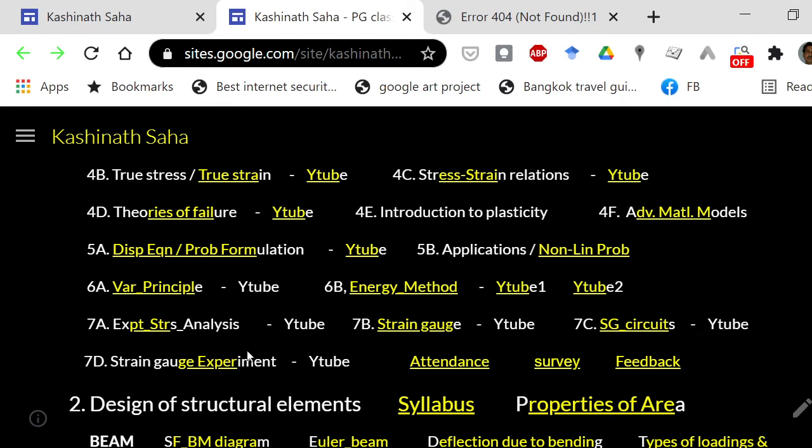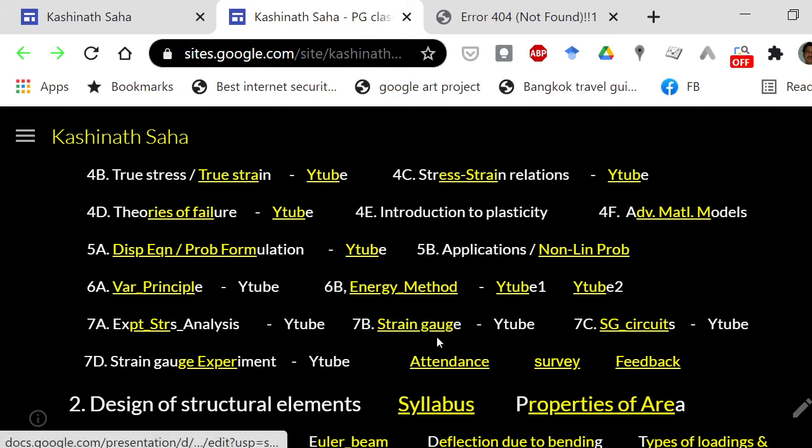Today we are going to start with a new topic, which is experimental stress analysis. And you see here we have these 4 slides. First one, the experimental stress analysis, the various methods available there, or at least some of them, we will show you. And this is our major topic which we will be discussing, this particular method of measuring stress through strain gauge.